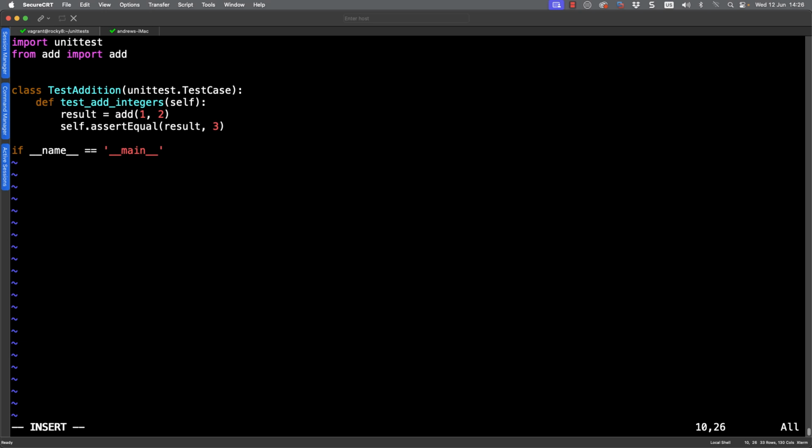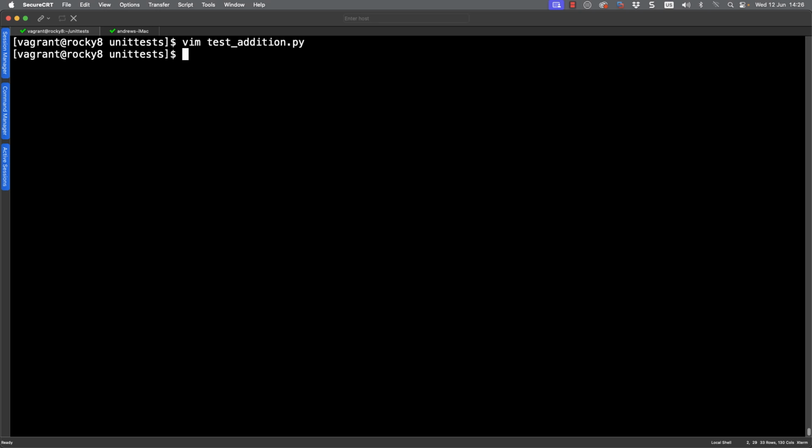Obviously, they've got underscores in front and behind them. But we can then go through and run our unit test. So unittest.main without any parameters being passed through to it. So this will mean that we will run all of our defined tests. We just have one test. So let's go out and save this.